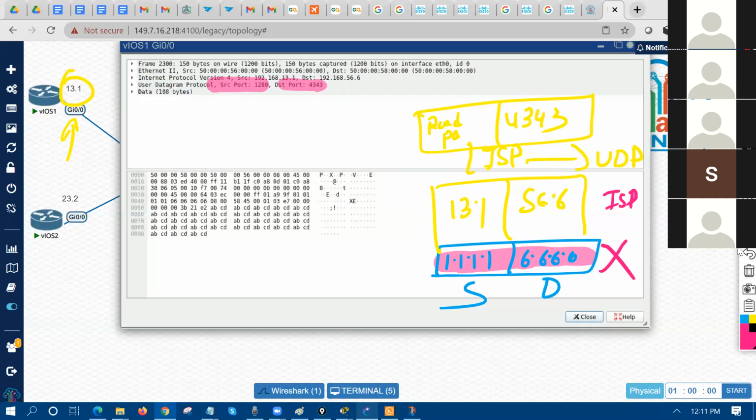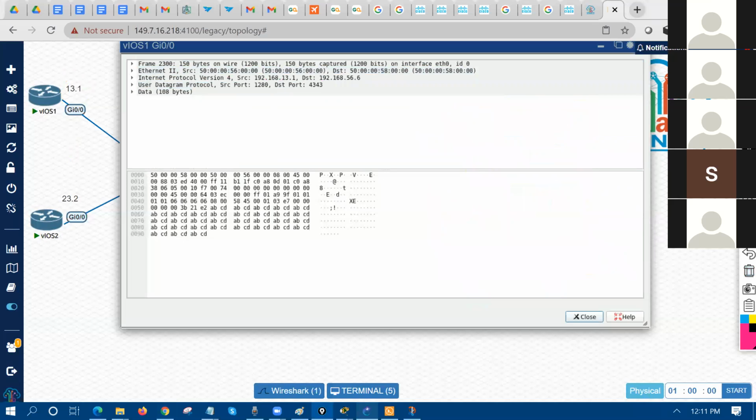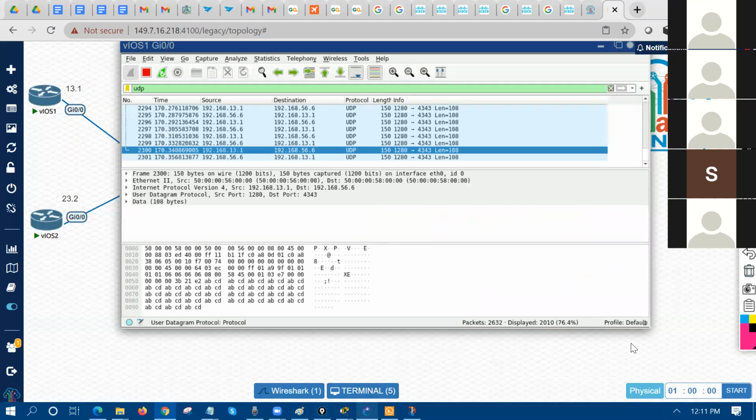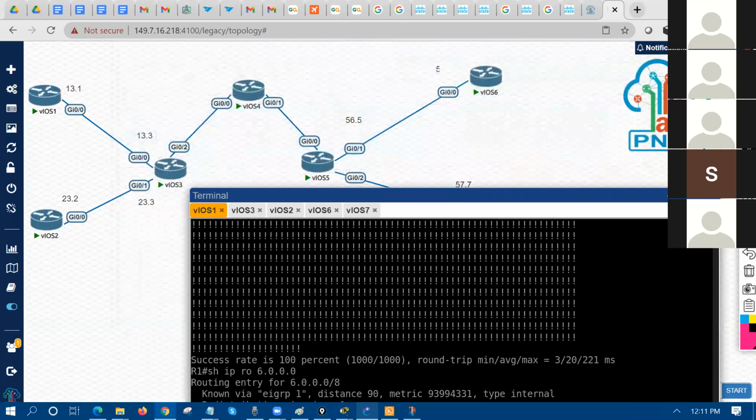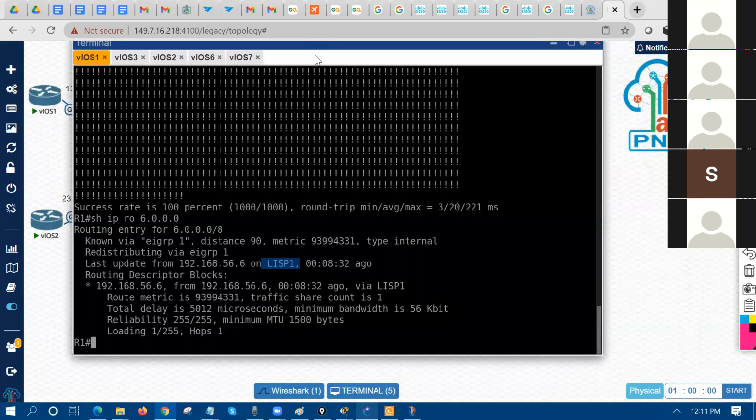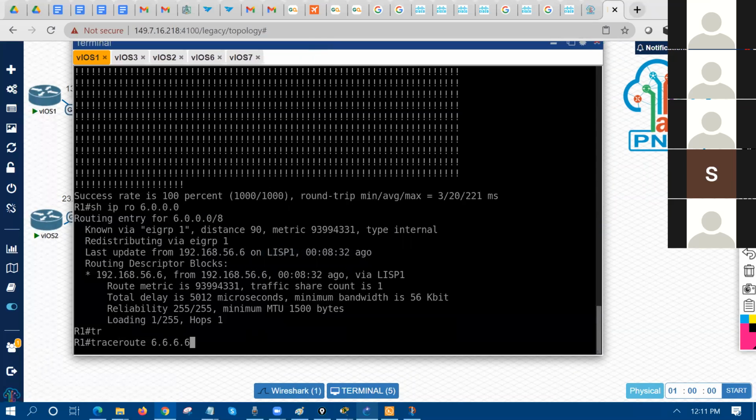So now if you make a traceroute, just to see how many hops away this is. Traceroute 6.6.6.6 source will be